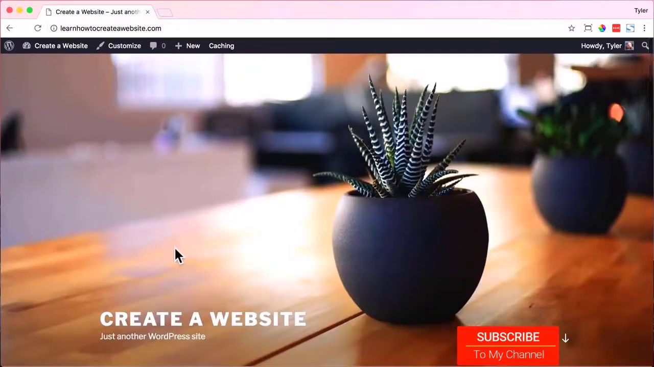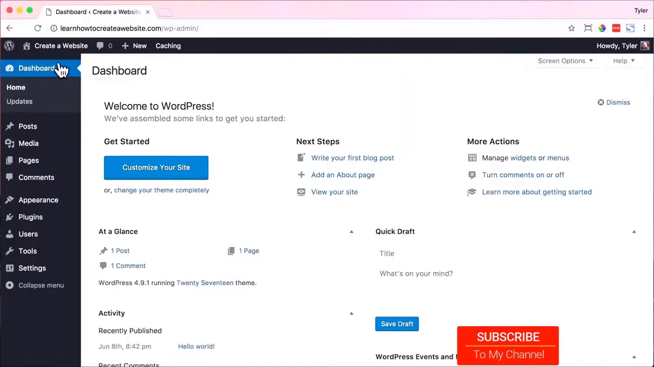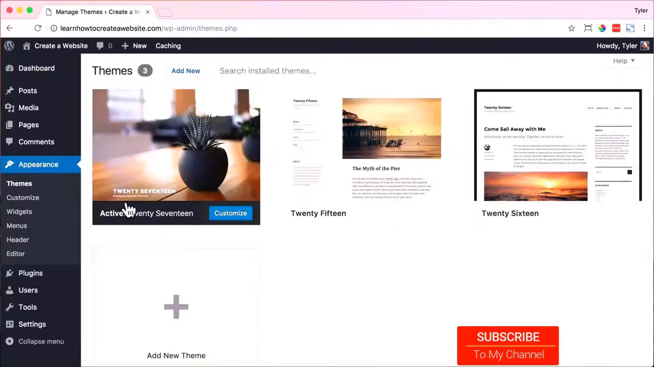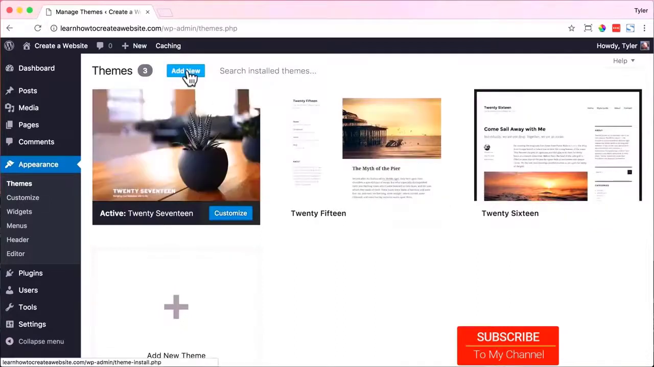So how do we change that? How do we make it look much, much better? To do that, just go back into your dashboard and go to Appearance, then Themes. Now we see we have these 3 themes, but how do we add more? And that's really easy. We just click on